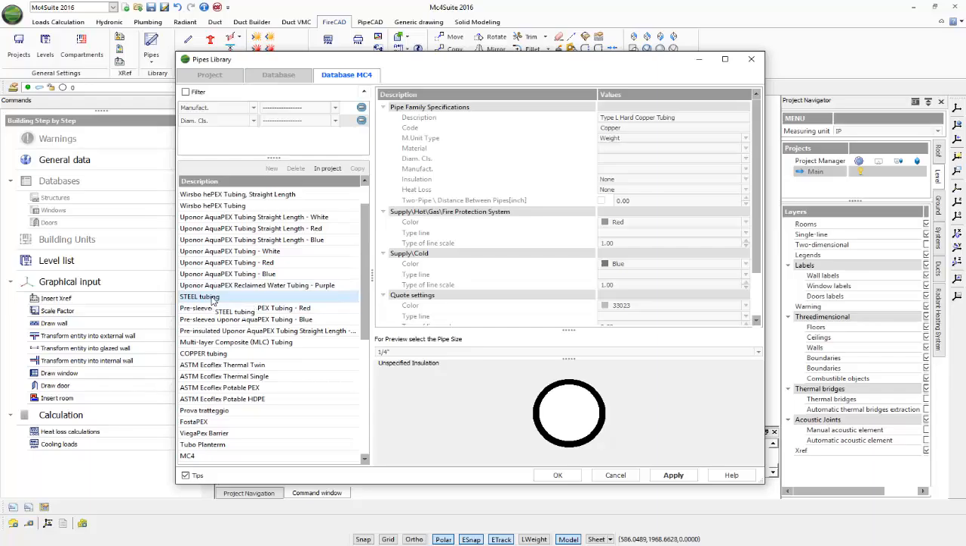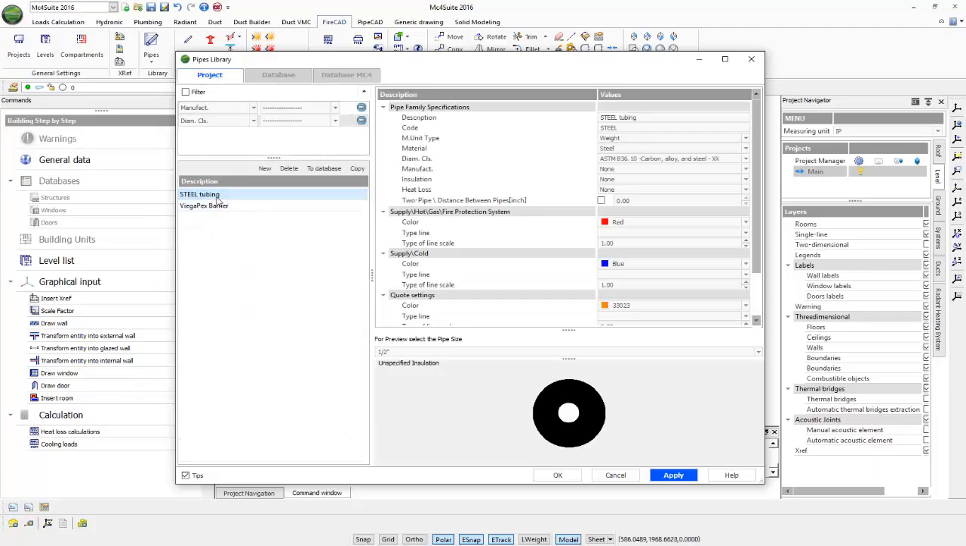For instance, if I would like to select steel tubing, I can just simply left click on In Project or come back, right click and select In Project. If I come back to our project tab, as you can see, we now have our steel tubing inserted into our project. For our properties of our steel tubing, under the pipe family specifications, we have our description code, our